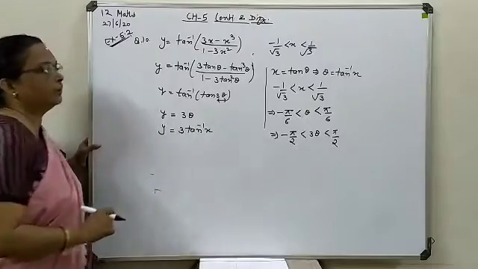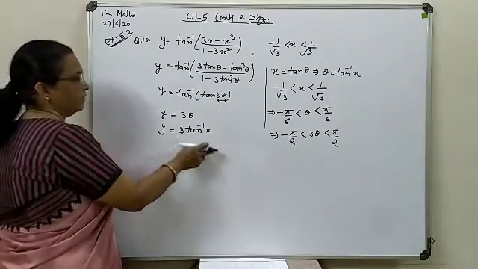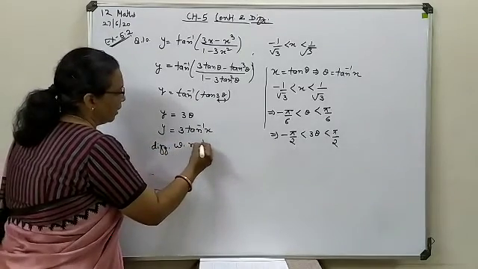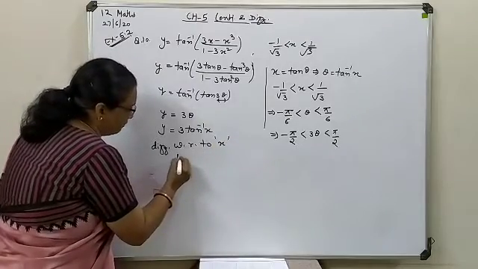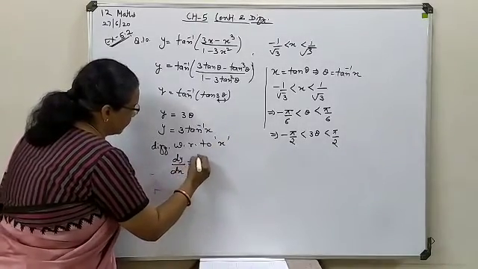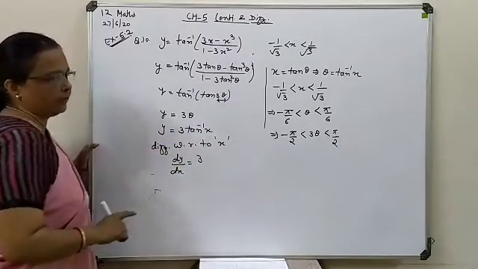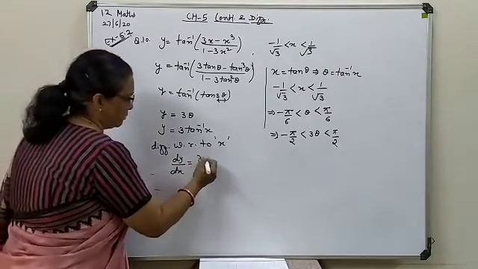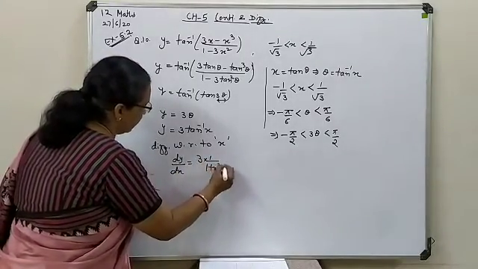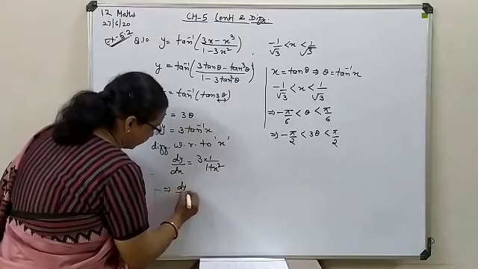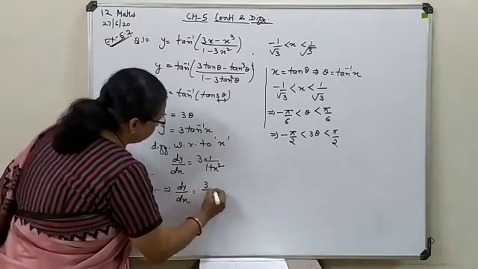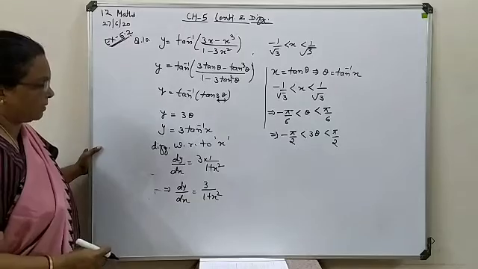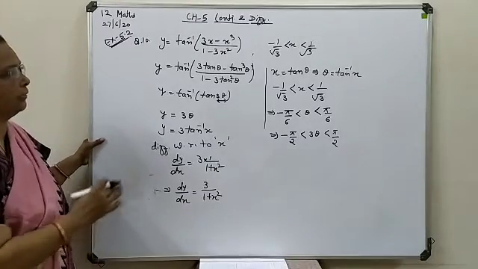So this is the function available for differentiation. Now we can proceed for differentiation with respect to x. So dy by dx, here you will have the derivative of tan inverse. Yesterday we discussed the formula. So it will be 1 upon 1 plus x square. So the final answer you will have is dy by dx equals 3 upon 1 plus x square. So this way this range you have to discuss.